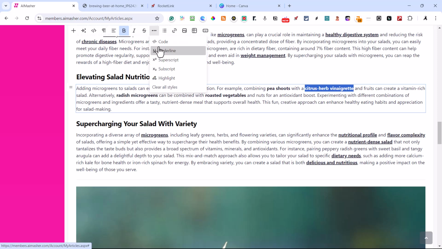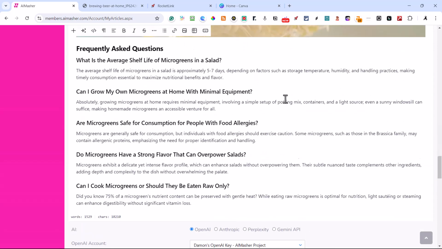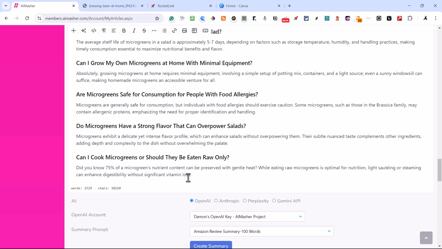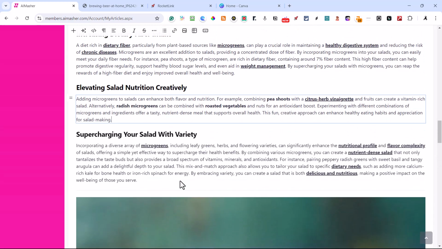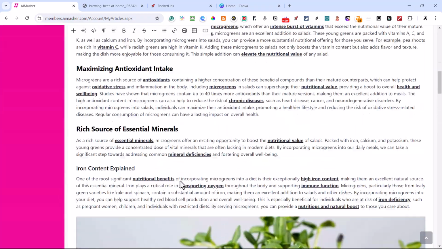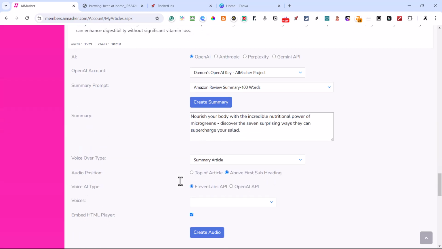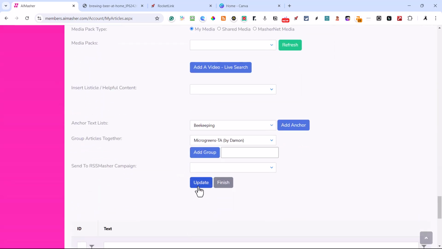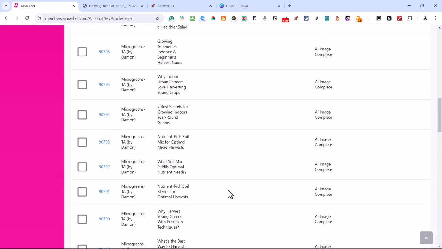Or formatting, underline. Okay. So you see, this is very easy to do. I like, if I have a summary or a conclusion, I like to wrap up 2 or 3 sentences together and just shorten it. And the AI does a really good job with that. So this looks really good. This would be a final version that I would come down here and click update. And I'm finished.